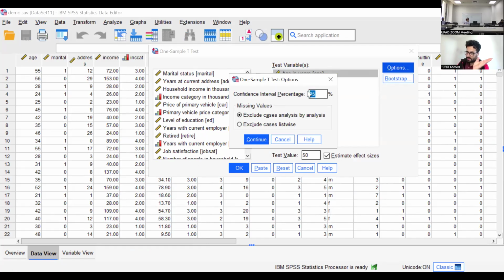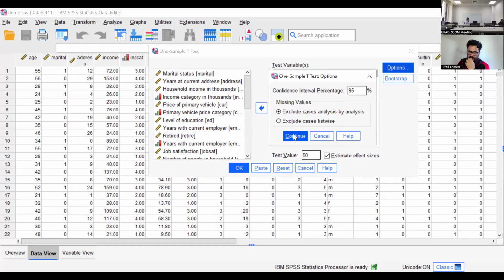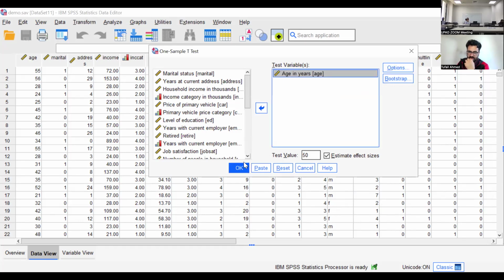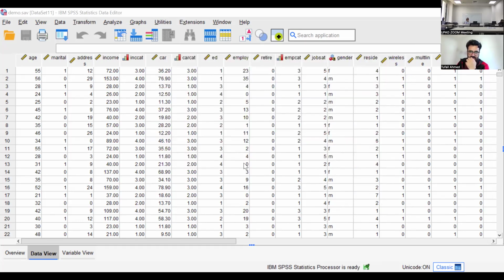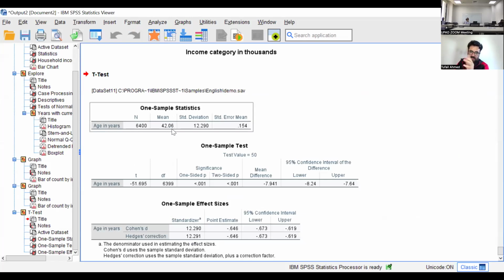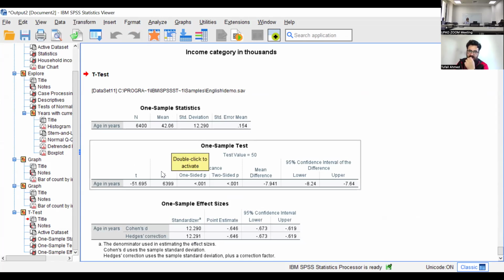You can also increase the confidence percentage you want. Then you say that I'm 95% sure. If you increase it to 99, normally we use 95% confidence, meaning I'm 95% confident that the result I get is correct. So you click OK, and then you will see some outputs as I showed in your slides. Normally, the mean of this data, the average of that data, is 42. And I hypothesized that the mean is 50.